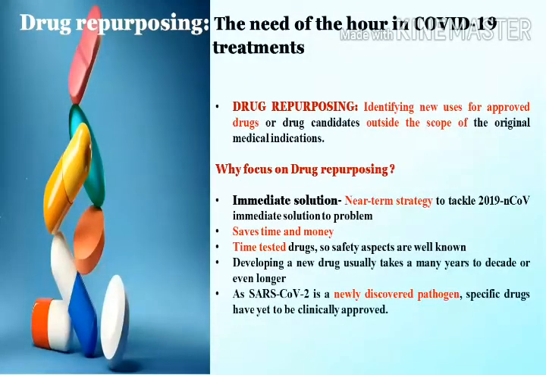Now coming to drug repurposing. Drug repurposing is simply using already marketed drugs for other indications. Let me give you one example. Methotrexate is a drug which was originally discovered for cancer treatment, but now most of us know methotrexate because of its use in rheumatoid arthritis treatment. Similarly,